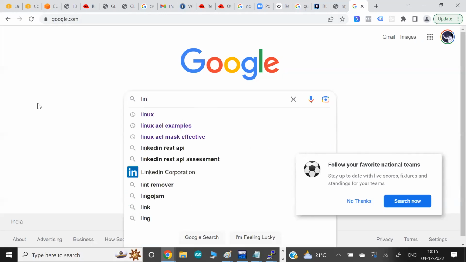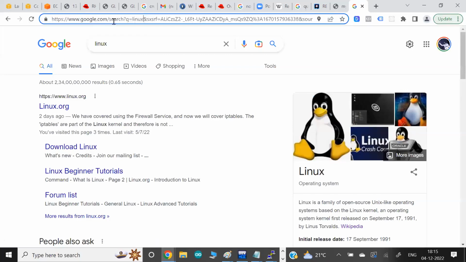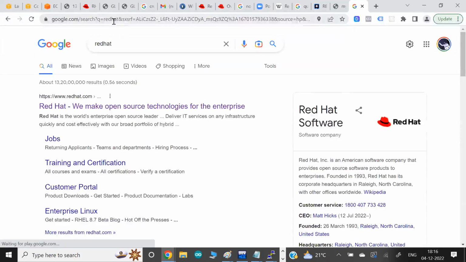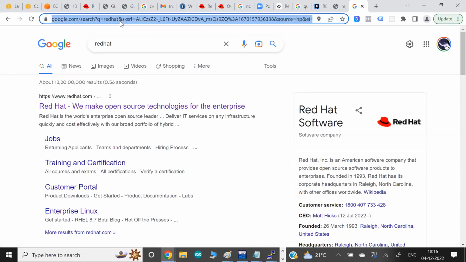Okay. For example, I'm searching Linux. But since they come here, I'm changing something here. I'm changing, let's say, Red Hat. So this is the URL, right? Whatever you type in the URL, exactly the same from starting till end, even if you don't type www, Google knows you did not type www at this point in time. This entire information goes to Google, or I can say your server. I mean, whatever is typed in your address bar at the client side, the entire URL goes to your server as it is.